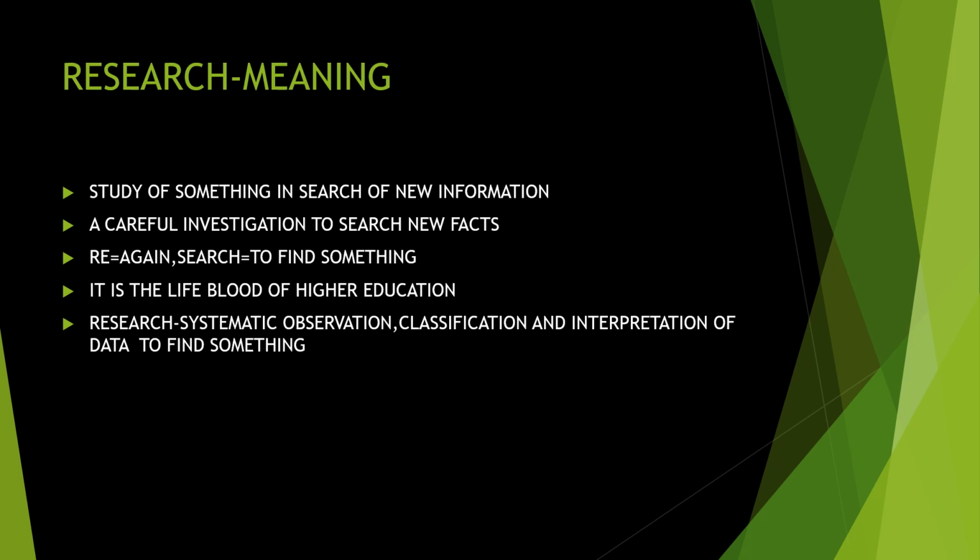Research is a systematic observation. For doing research, you need to observe things, you have to classify them, and interpret them. Whatever you get from that, you have to analyse, make the data of it, and find the result of it. All these things you have to do in the case of research. Understood? So I think you might have a clear idea about research. So we are moving to the next topic, that is types of